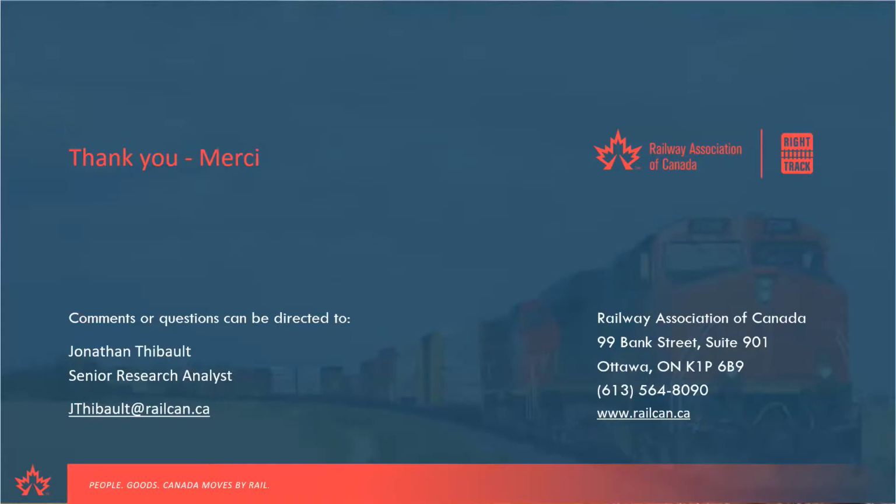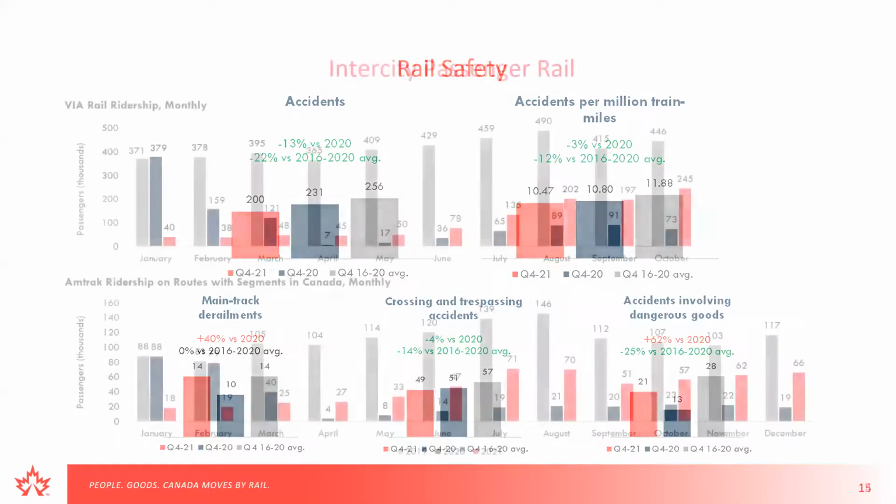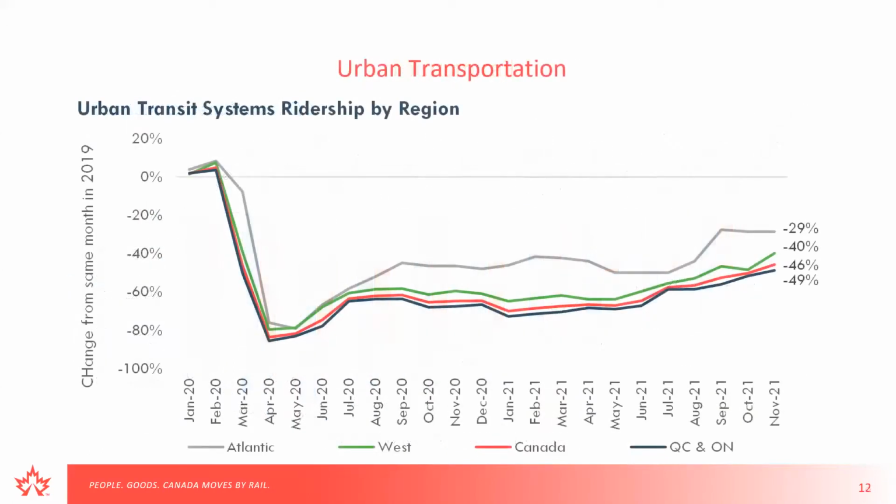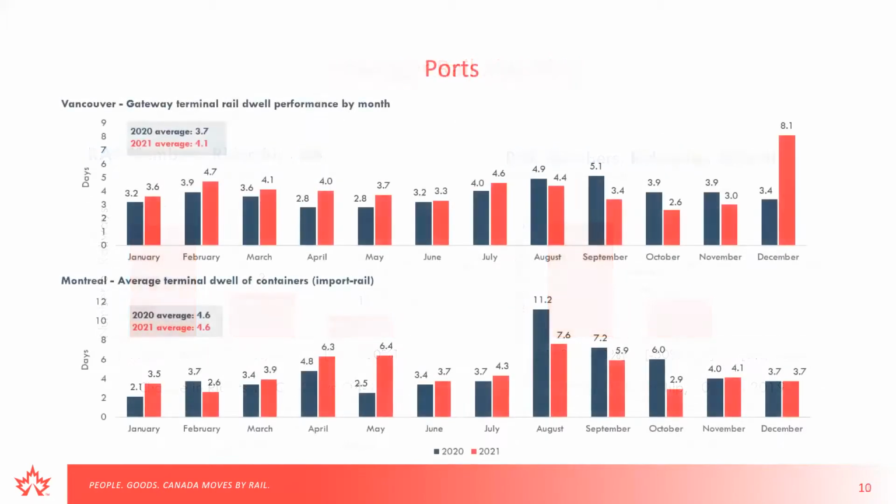Thanks, Jonathan. Maybe I'll ask a question to start on the port slide, where you showed the idling at the Port of Vancouver and idling at the Port of Montreal. The Vancouver data is kind of self-explanatory based on what happened at the end of last year. But in the Montreal port, August looked like it was higher. Is there an explanation for that? I'm just curious, do you receive the reasons why when you're putting this together?